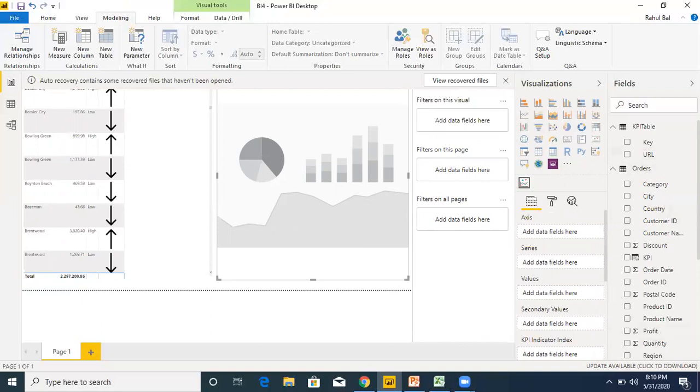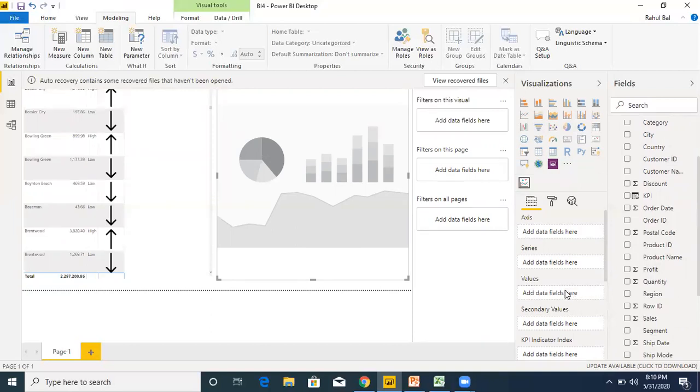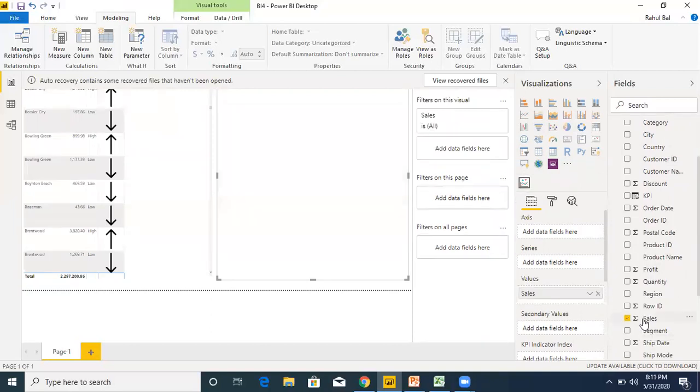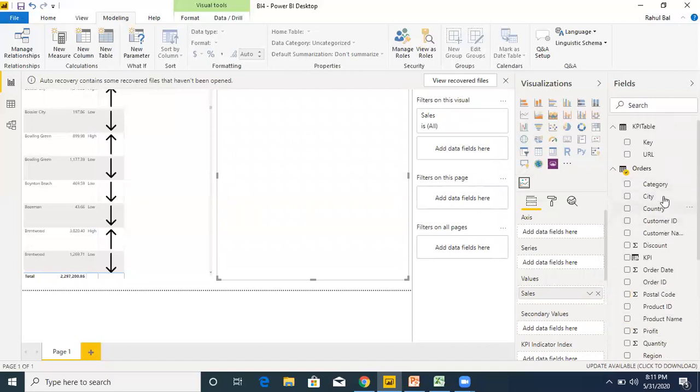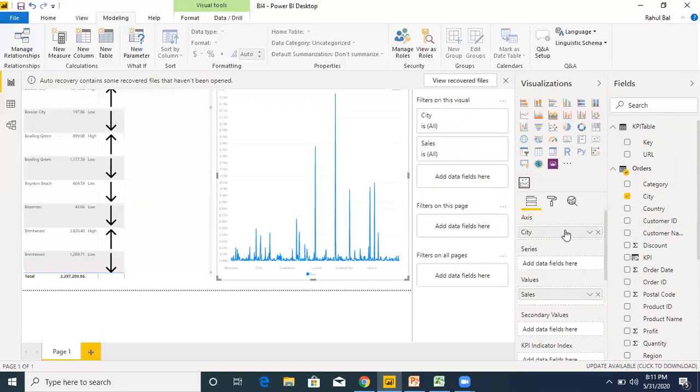In the value section, I'm using sales value, then city and KPI.